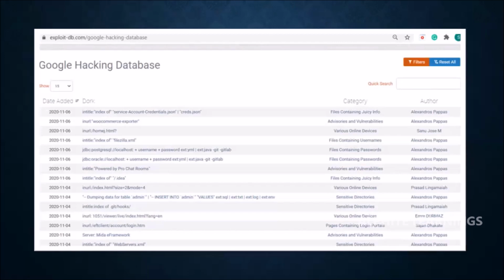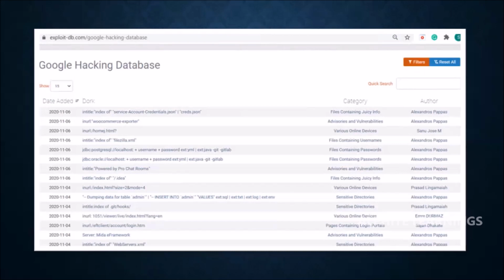How useful these docs are: if I am creating a new website that is going to have sensitive information from the end user, say I'm going to collect their Aadhaar card, or there are a lot of vendors who provide small financial loans nowadays, they will be collecting sensitive documents from end users.